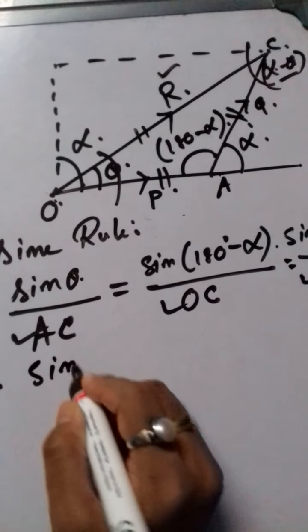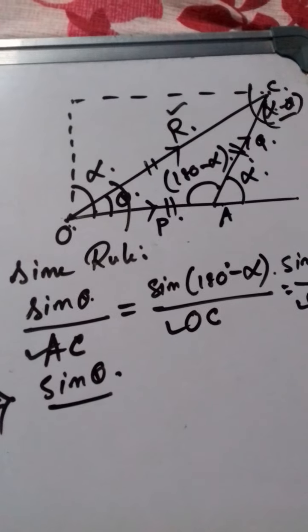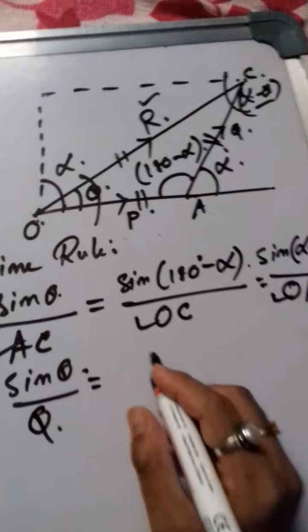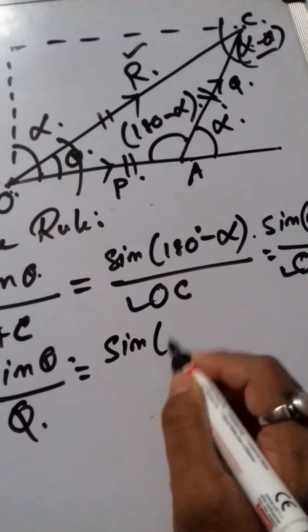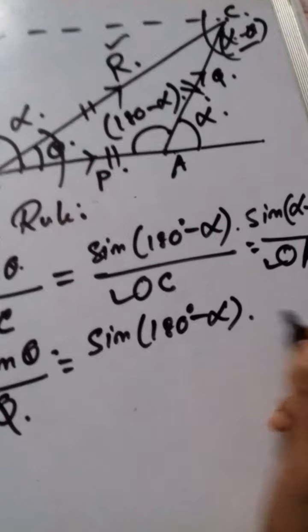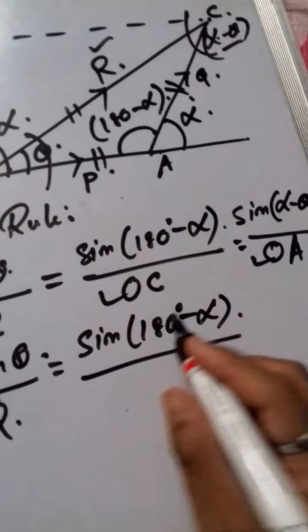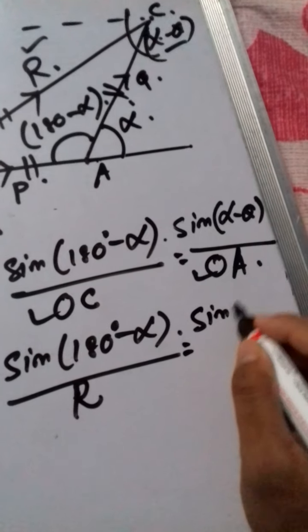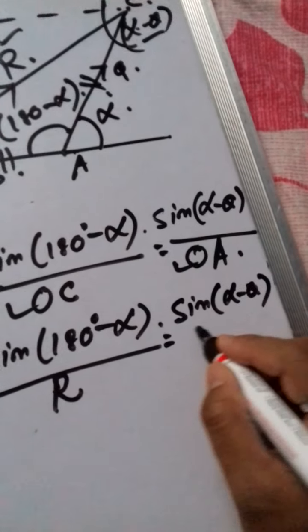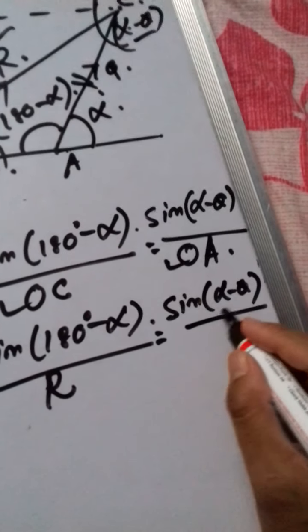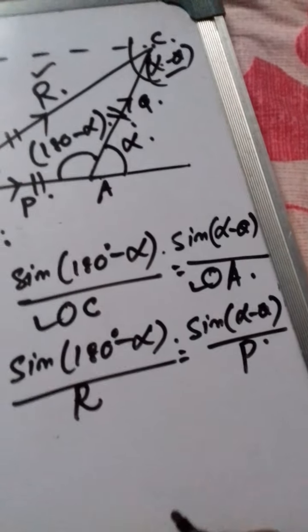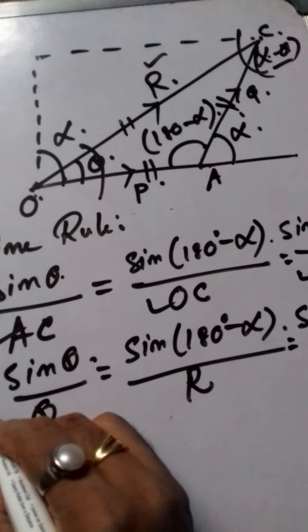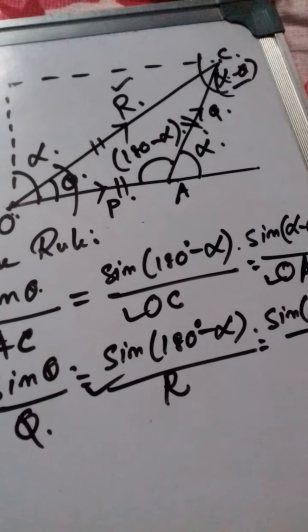So sine theta divided by AC should be equal to Q, force Q, that is equal to sine 180 minus alpha divided by R, that is equal to sine alpha minus theta divided by P. So with this also, if you equate any two expressions, you will get the value of